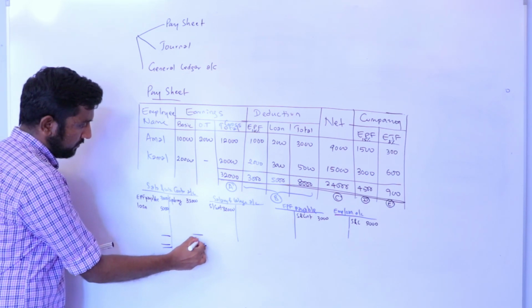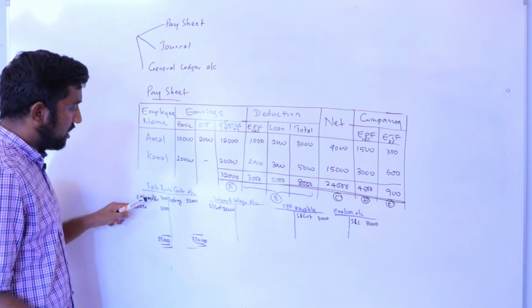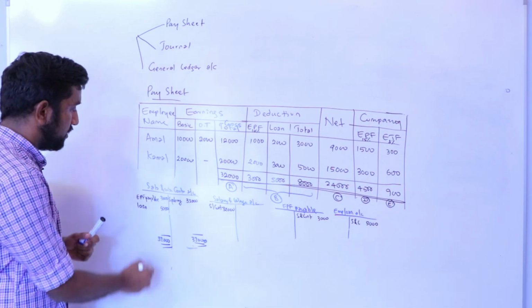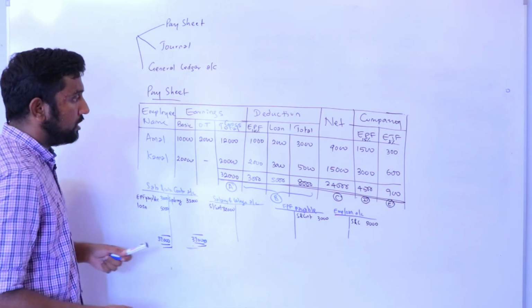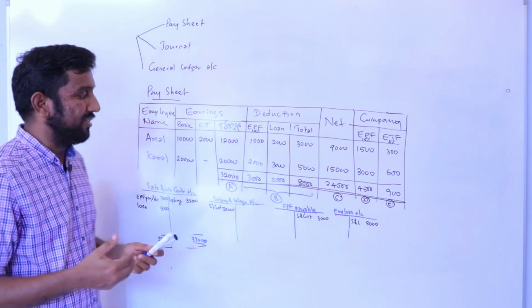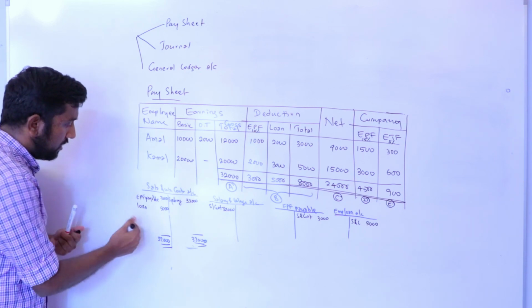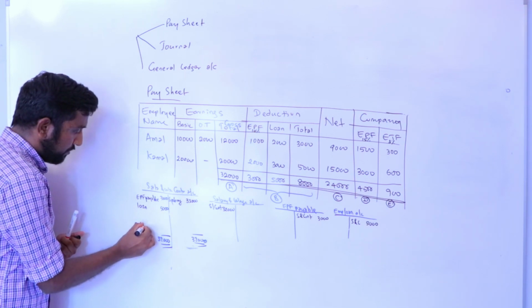So 32. I have two transactions, 3,000 and 5,000. So my balance is 24,000. You can pay by cash or you can transfer this to the payable account. So let's assume I'm transferring this to the payable account. So I have to write here salary payable